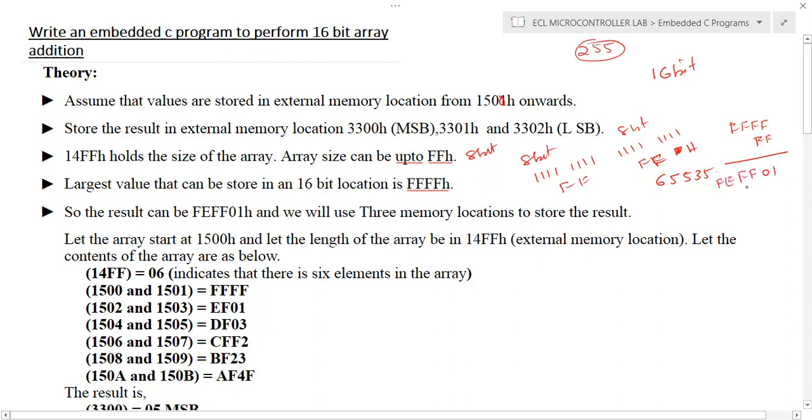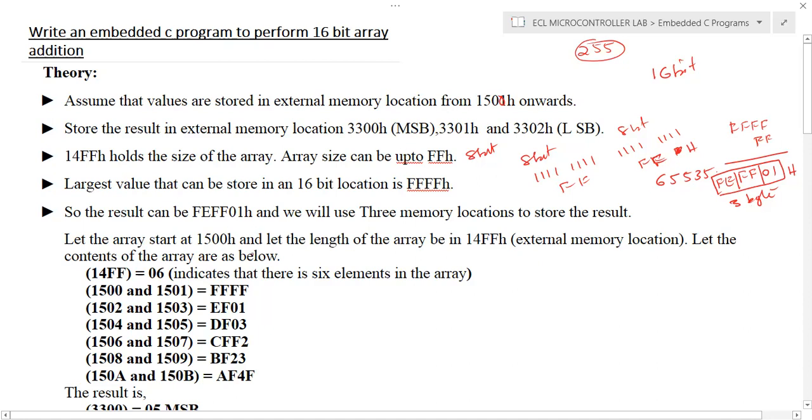So this will be the final result. If you observe this, in order to store 01, we require 8 bits, to store FE, again 8 bits, and in order to store FF, again 8 bits. A total of 3 bytes is required if the count value is limited to 8 bits. If the count value is more than that, if it is again 16 bits, then to store your result you would require more bytes, 4 bytes or more.